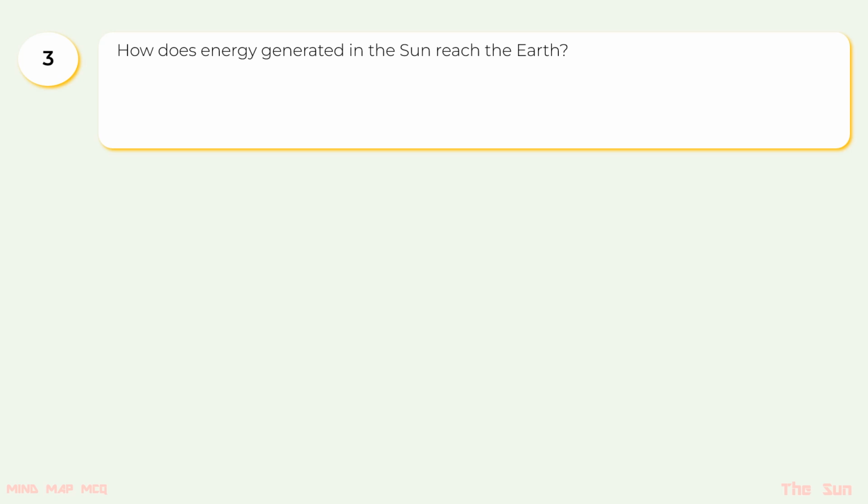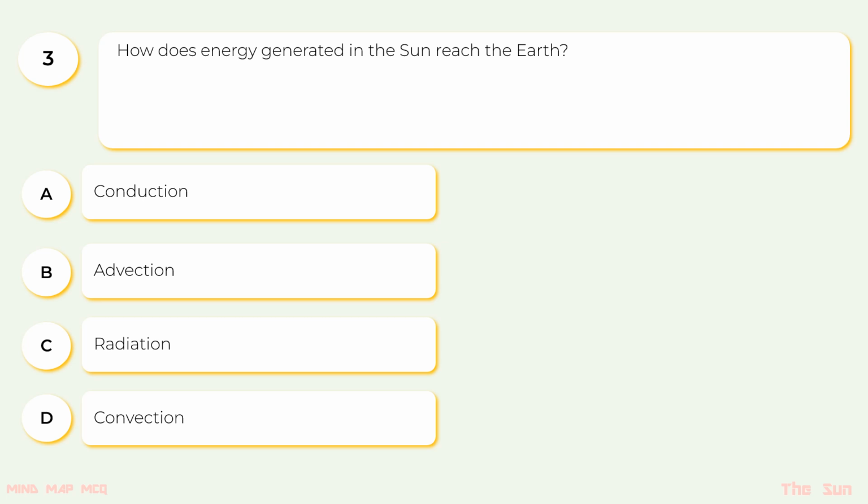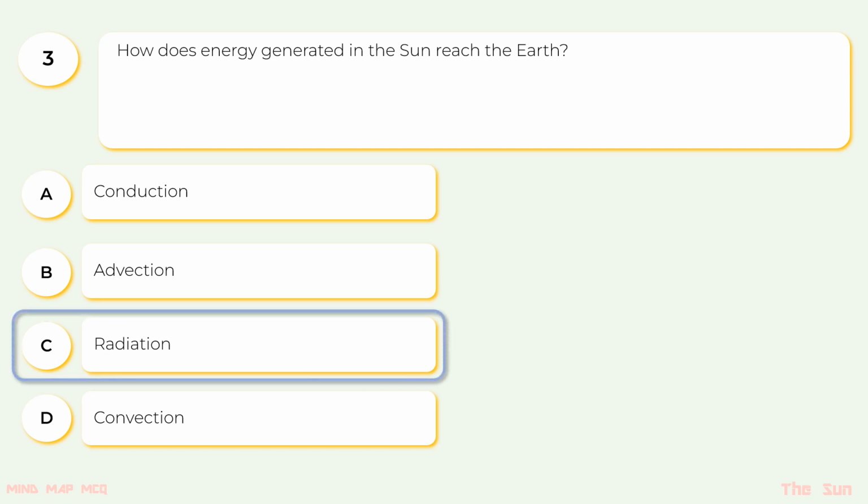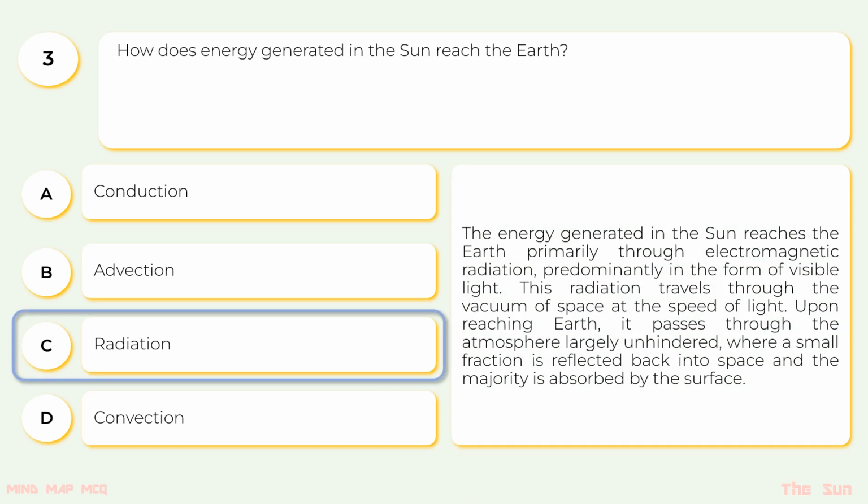Question 3. How does energy generated in the sun reach the earth? A. Through conduction, B. advection, C. radiation, and D. convection. The correct option is C. Radiation. The energy generated in the sun reaches the earth primarily through electromagnetic radiation, predominantly in the form of visible